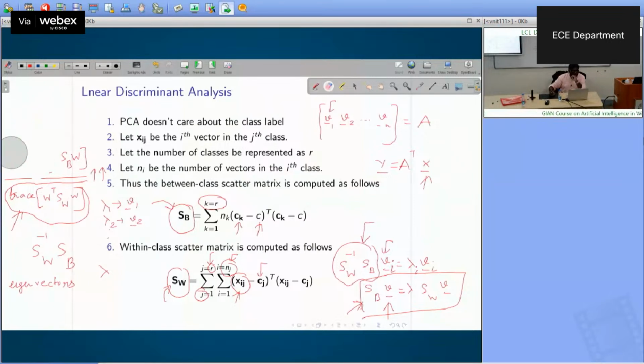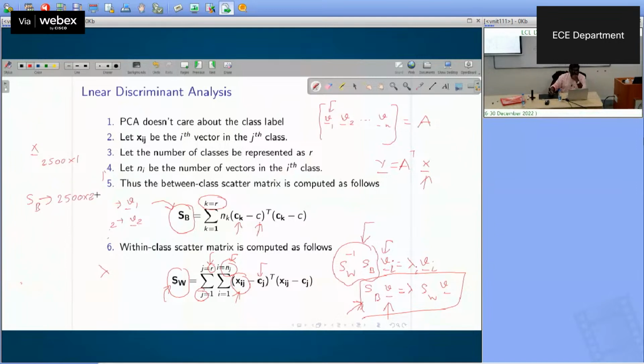Dimension wise, if I want to explain, it's very simple. Let me consider that the vector size is 2500 cross 1. So what is the size of SB? It is going to be 2500 cross 2500, right? Because what is the size of Ck? Ck is a centroid, so it is 2500 cross 1. So when I take transpose, you get 1 cross 2500,